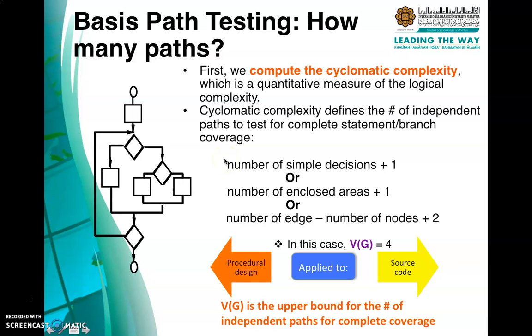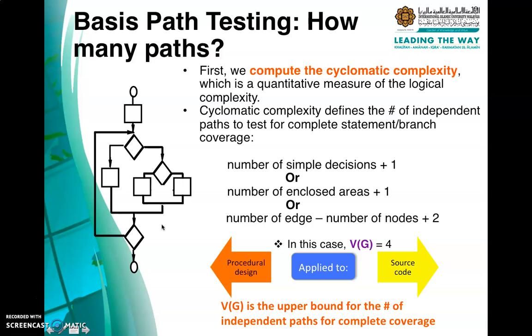Calculating the cyclomatic complexity is quite straightforward. There are three approaches. The first one is that we can count the number of simple decisions. How do we know the decision? A simple decision can be seen by this diamond box. This is a decision box. So how many decision boxes in this example? There is one, two, three, right? So 3 decision boxes plus 1. That is the cyclomatic complexity, represented by V of G. So that is 4 here. The cyclomatic complexity for this